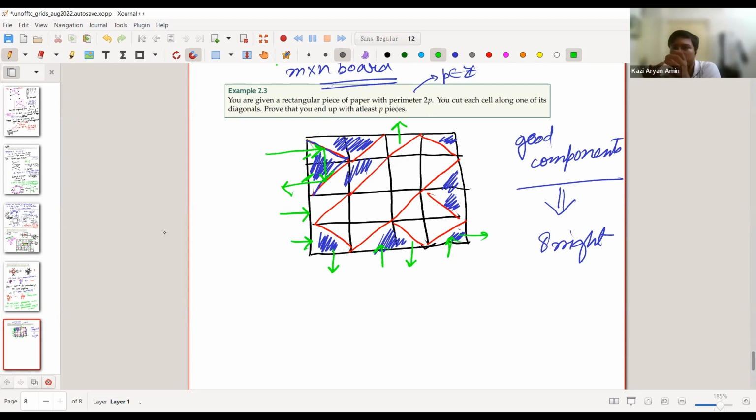So the idea is basically, because of the geometry of diagonals and how reflection works, you know that whenever you shine a light through one of the edges, it will come out through another edge of the component. And this pair of edges is unique. So you can't have one edge pairing with two edges, right? So this basically tells you that you can pair up the edges